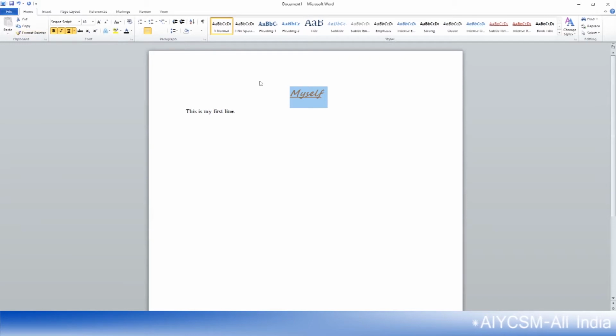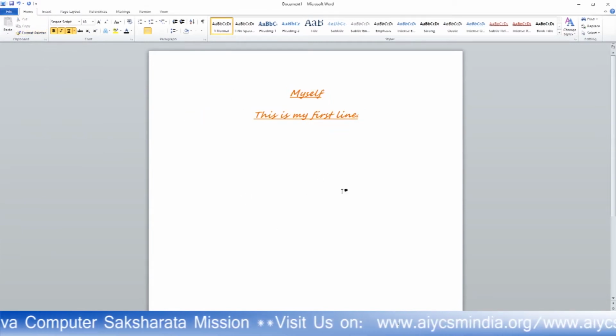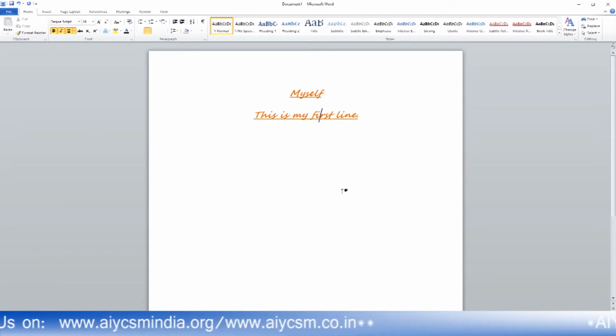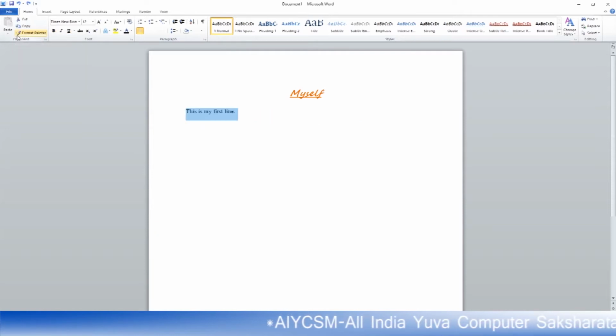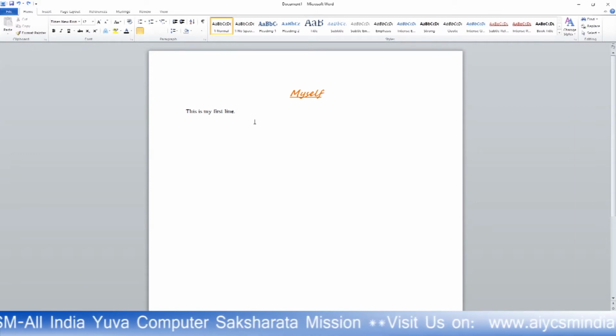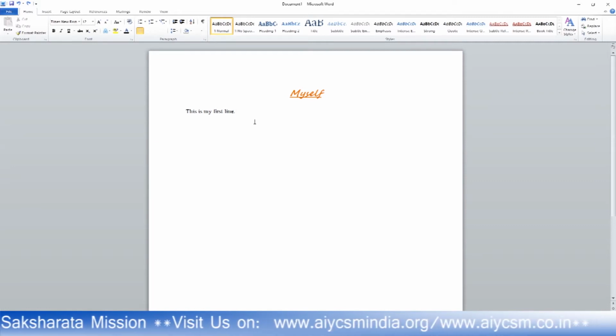If you want to copy all this format from this text, you have to select this text and then click on Format Painter. If you click on Format Painter and brush it over this sentence, it becomes the same. It was in the center, and every format it takes from this text, it will become just like this text. This is the use of Format Painter. Use Ctrl+Z, you can find your earlier stage, redo the task, and you will come to the earlier stage.